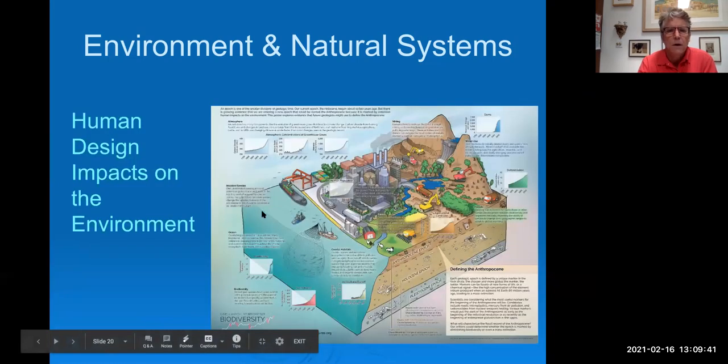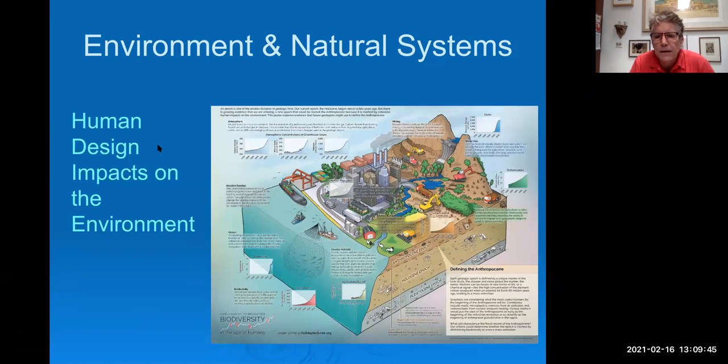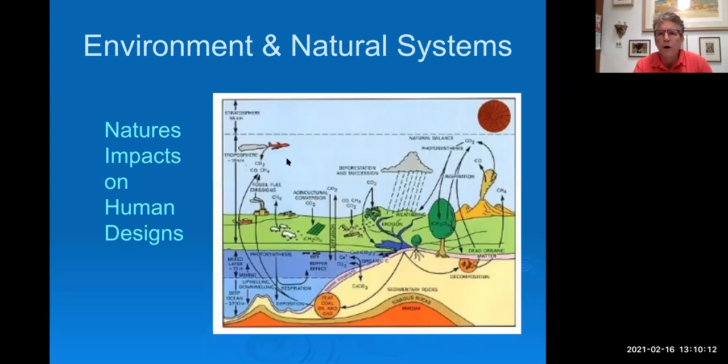And this is human design impacts on the environment. These are things like commercial fishing, shipping, oil terminals, fractionating, mining, hydropower, building big factories. What else? Oh, agriculture down here. All right. So these are different